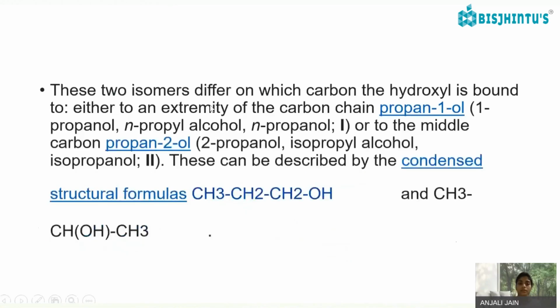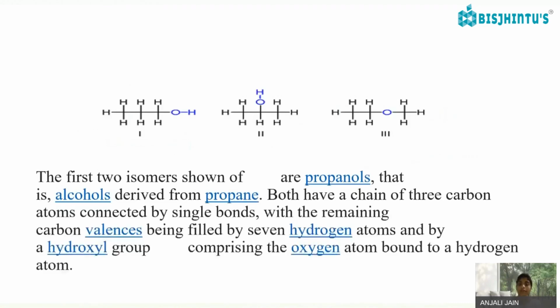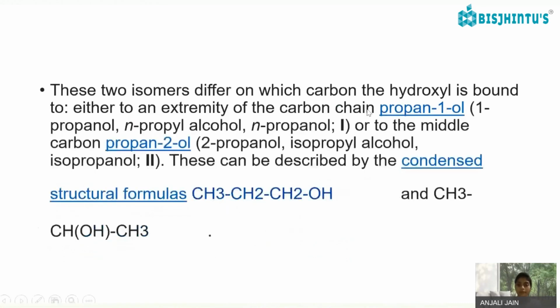These two isomers differ in which carbon the hydroxyl group is bound to. In the first case, the hydroxyl group was at the first position. In the second, it was at the second position. But in the third formula, if we discuss propan-1-ol, which can be called propyl alcohol or n-propanol,